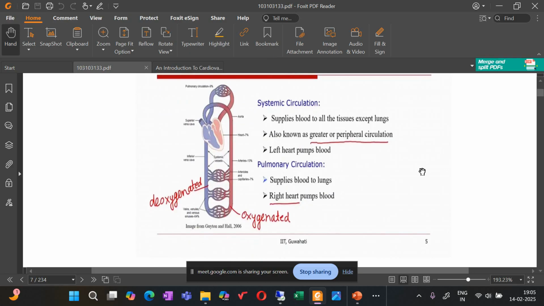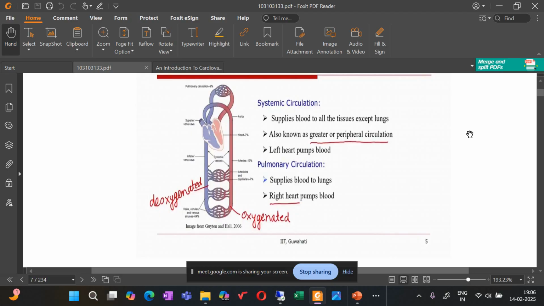In systemic circulation, you remember that this supplies the blood to all the tissues except the lung, right? And pulmonary is blood to the lung. So here, to the lung, everything is happening. And systemic is for everything except the lung, right? This is also known as peripheral circulation or the greater circulation, and this happens in the left heart, which pumps